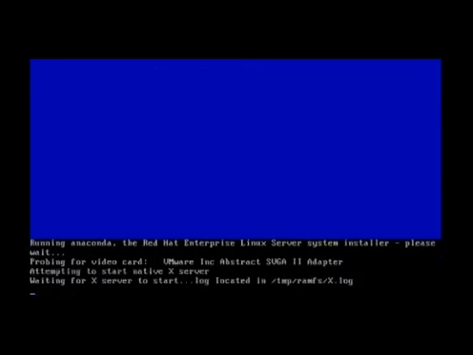Then the welcome screen will appear, where we have to press the next button. At this time it is loading some files and attempting to start some server.